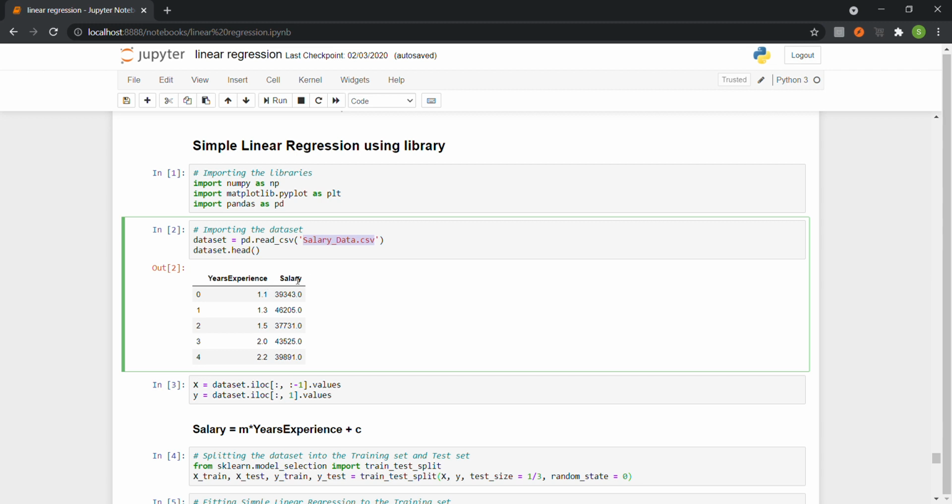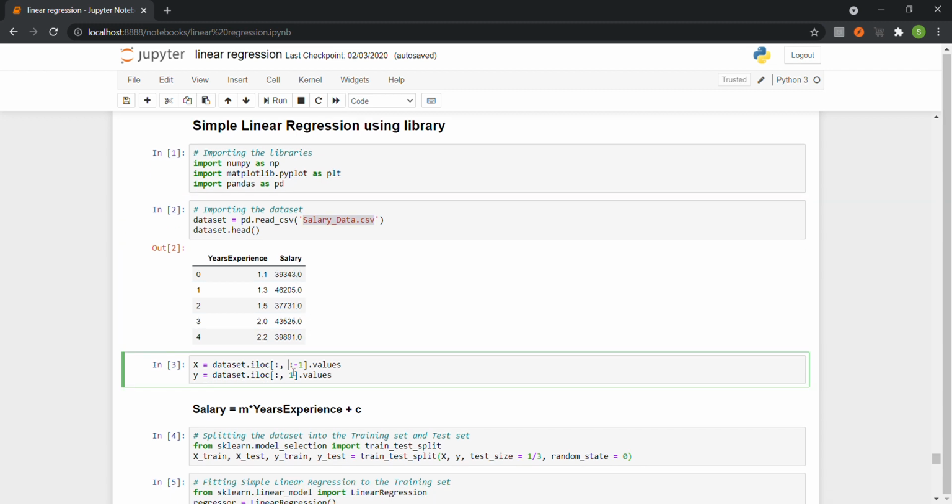Salary is the dependent variable and year of experience will be the independent variable. And here we have assigned the dependent variable salary as y and independent variable year of experience as x.